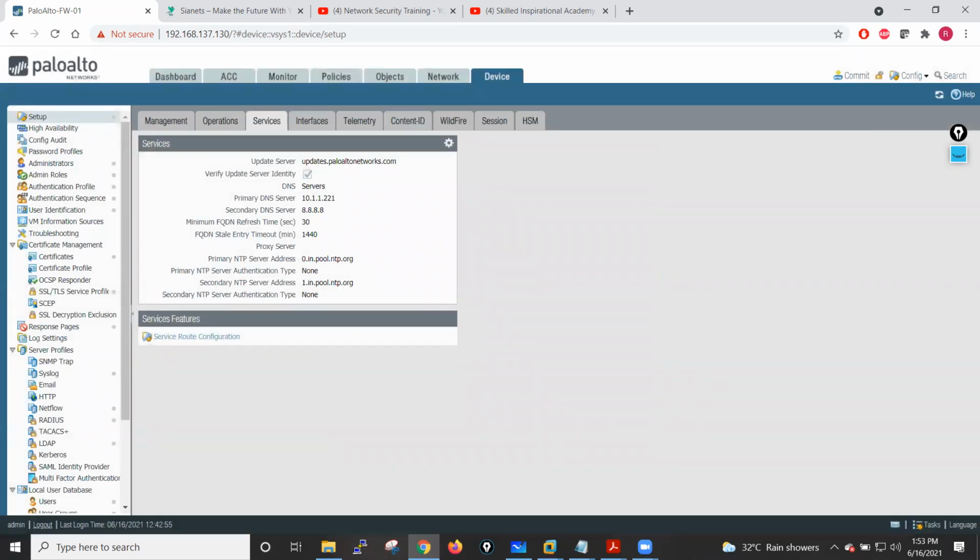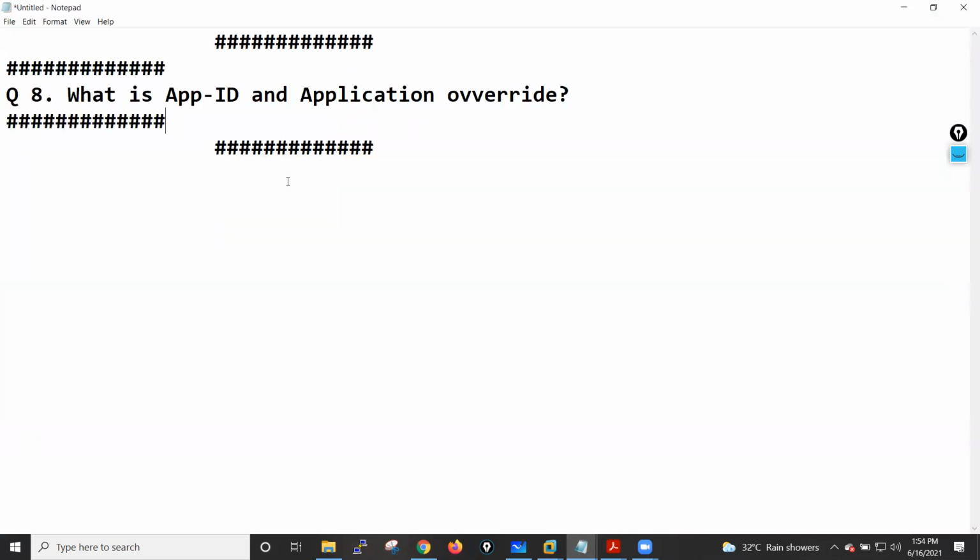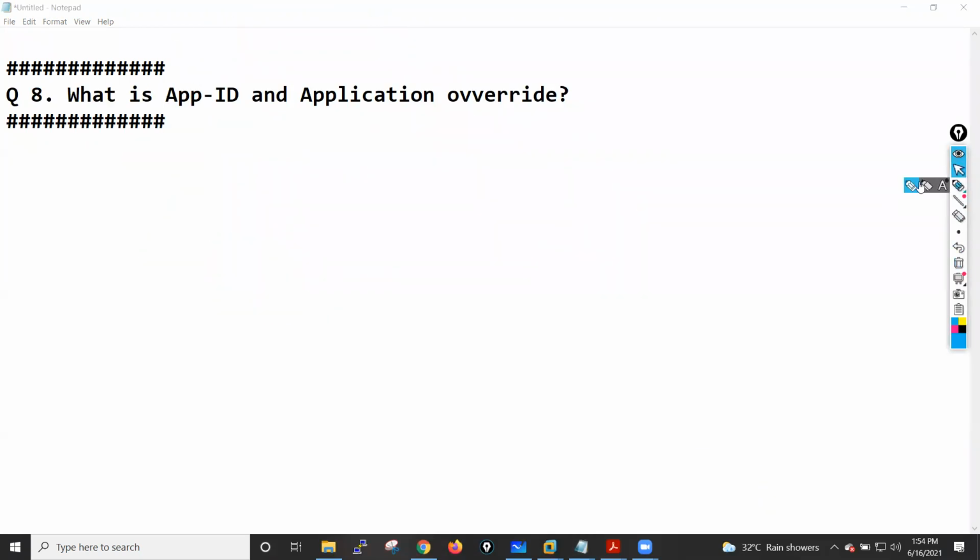Now the next question is, what is application identification, guys? What is App-ID in your Palo Alto firewall? Or what is App-ID and what is an application override policy? So let me tell you what App-ID is.